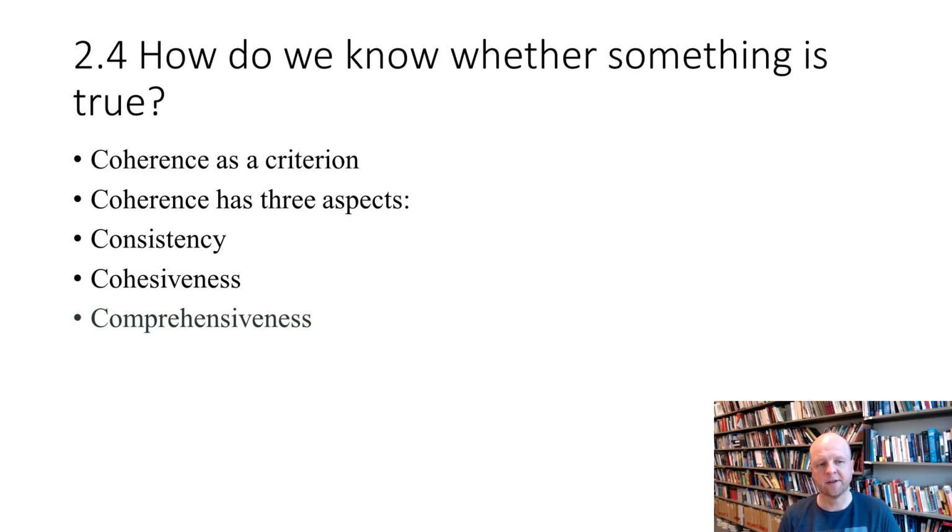And the third aspect is comprehensiveness, that the amount of data that you are able to integrate into the theory will make the theory more coherent. And so I'm talking about data now. The parts of the theory are data, but by data we should not think of something which is certainly true. We should just think of it as a truth candidate, something that somebody believes to be true. It can be anything. These are data that we want to include in the theory.